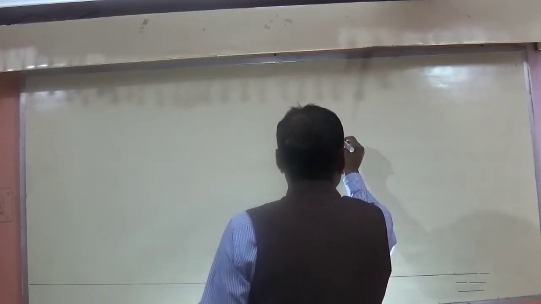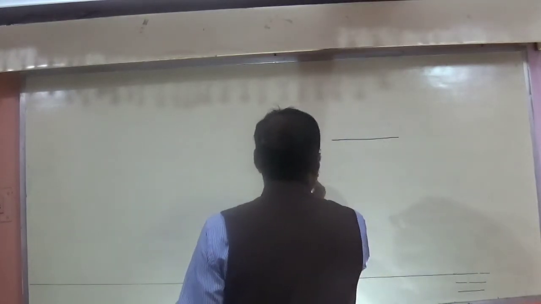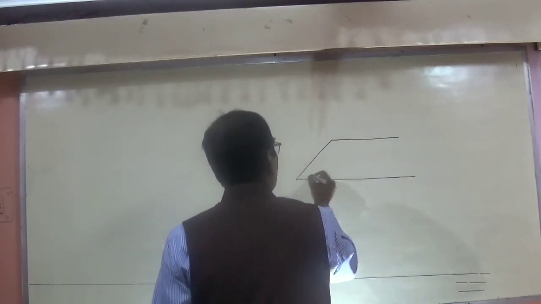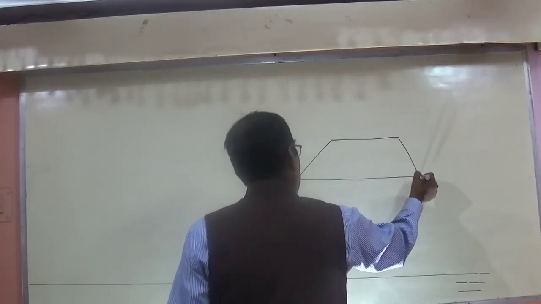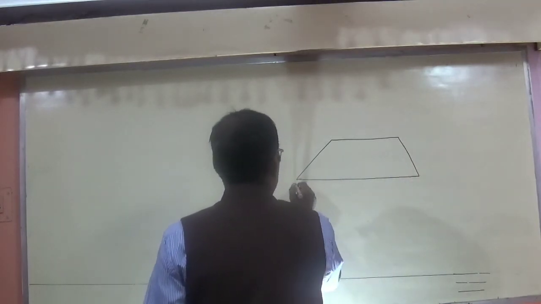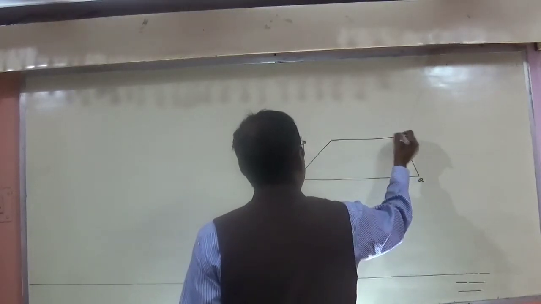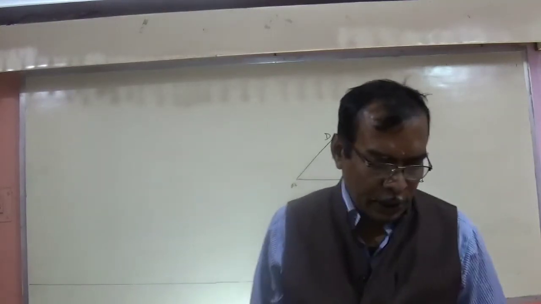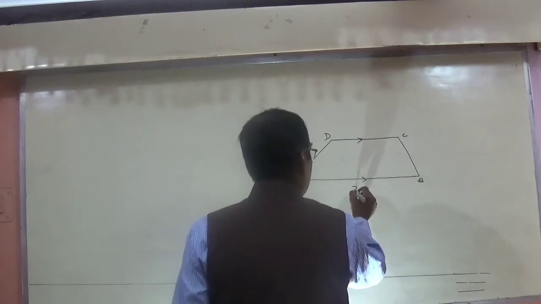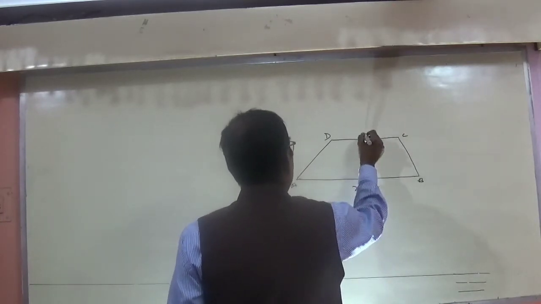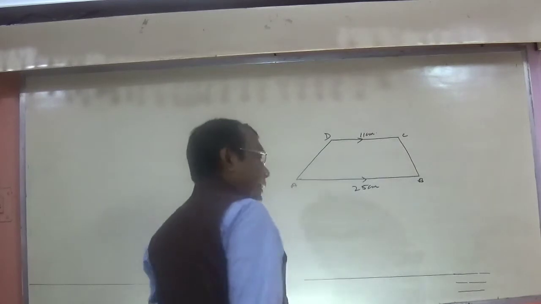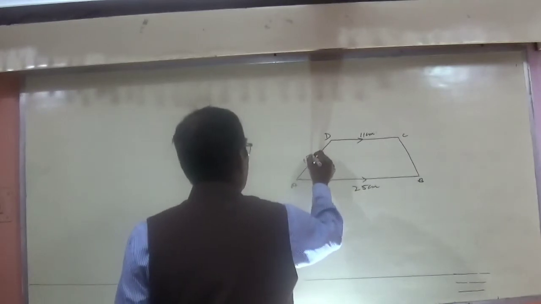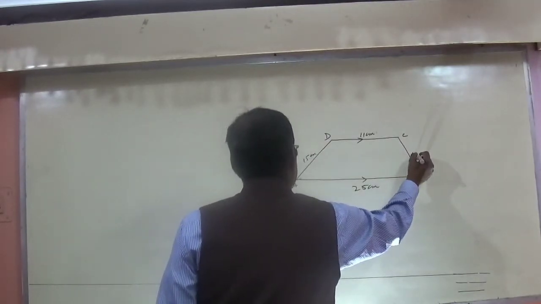So here is a trapezium. Obviously, it is not an isosceles trapezium, non-parallel sides are not equal. So I am going to sketch the diagram in such a way that the non-parallel sides should not look equal. Otherwise, it will make some confusion. ABCD is a trapezium. This is not an isosceles trapezium, and the longer one is 25 centimeter, whereas the shorter one is 11 centimeter. And the non-parallel sides are given as 15 and 13 centimeter. 15 is the longer one, yes, looks-wise it looks longer, and this is 13 centimeter.